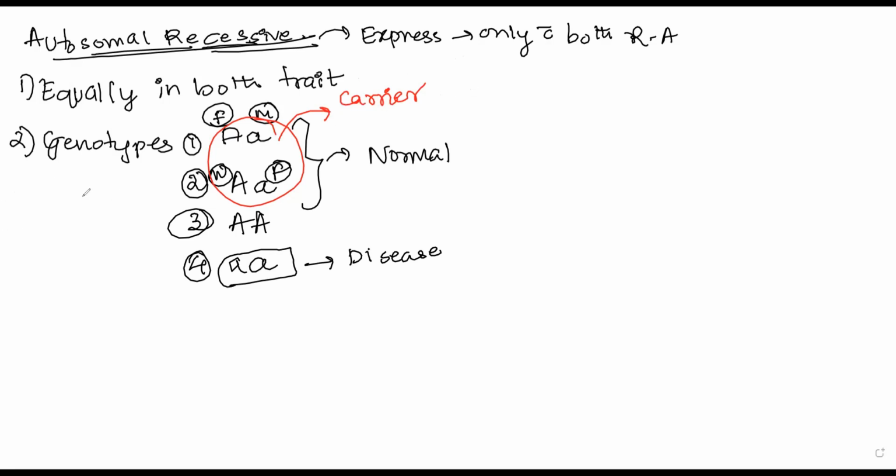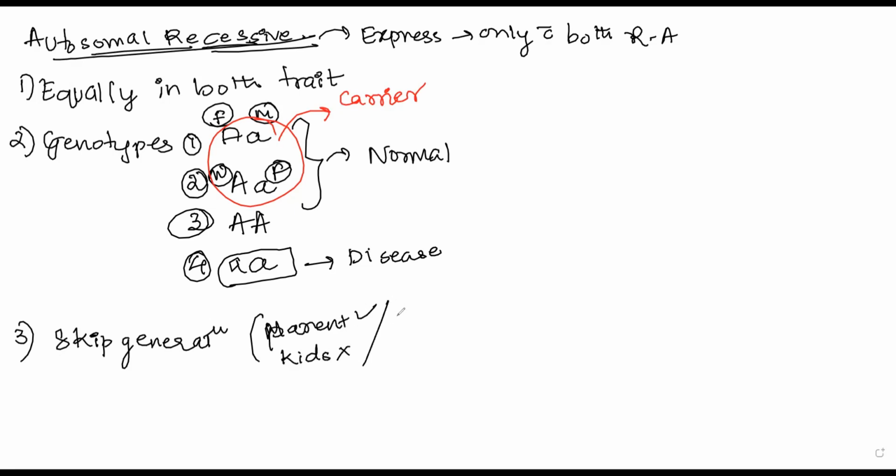Now, what are the distinguishing characters? First, they equally appear in both sexes. Second characteristic I can say is that they skip generation. So we discussed skipping generation. Skipping generation means it is there in the parent but not present in the kids, or it was not there in the parents but is in the kids. And I told you this is the more reliable one, where the parent actually didn't have the gene but the kids had it, right? So this was the property.